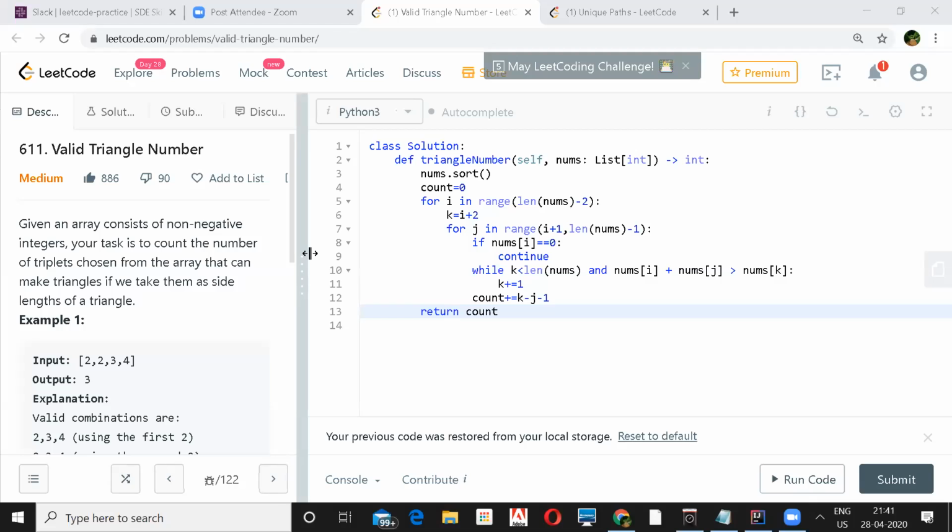So then you have to check the condition. You cannot do the count as right minus left. You have to go through all the elements and see which ones are making the right angle triangle. Yeah, one by one. Isn't that a threesome problem?